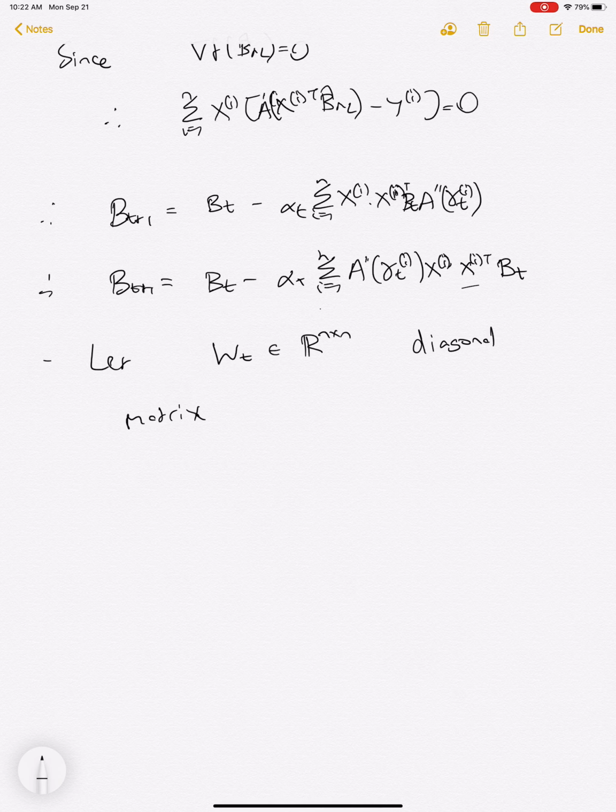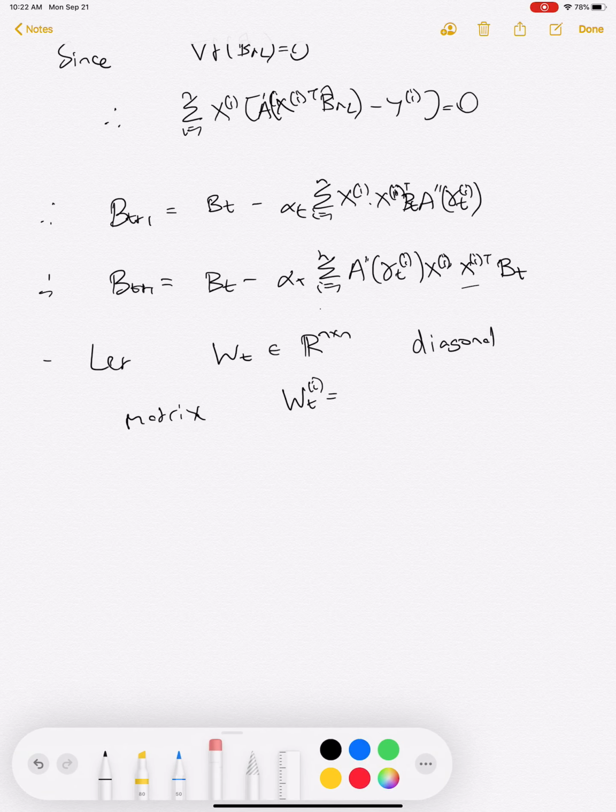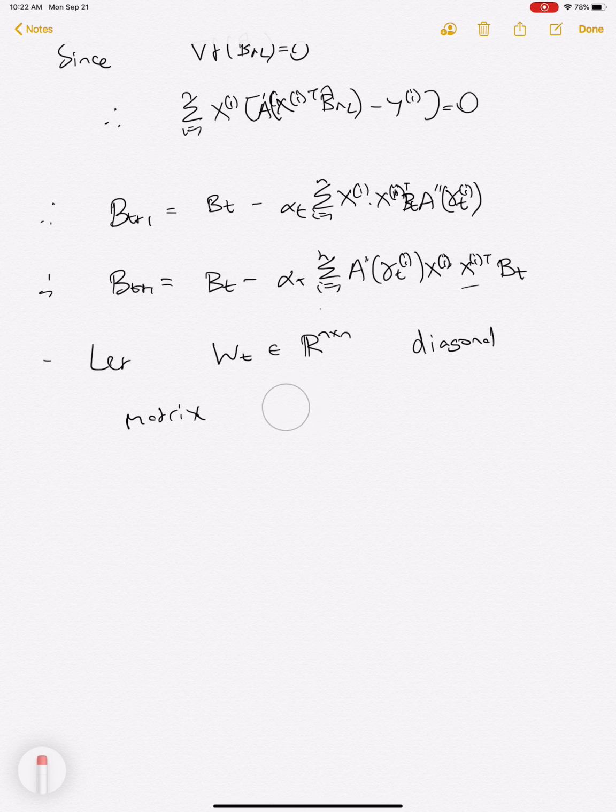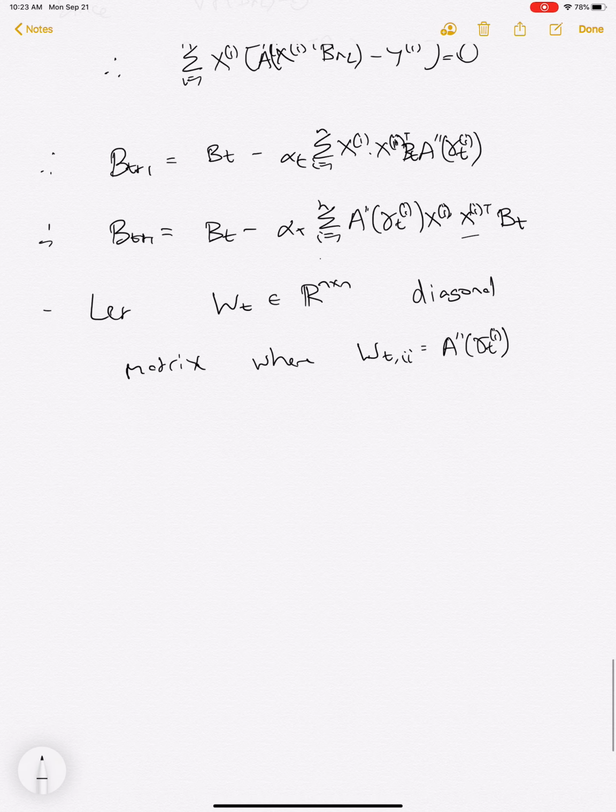You can see there's a W t here. So we're saying W t is a diagonal matrix, so it only has diagonal entries, where for W t we'll use this notation i, the i-th entry, because it's diagonal, is just, okay. So using this notation, you can actually write this out as